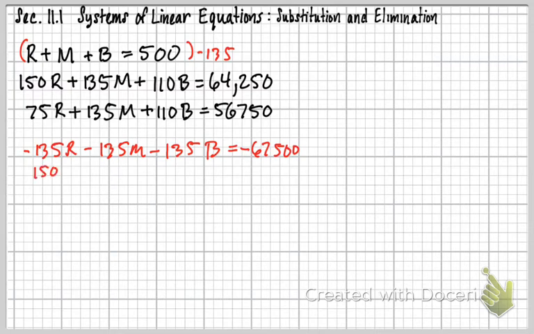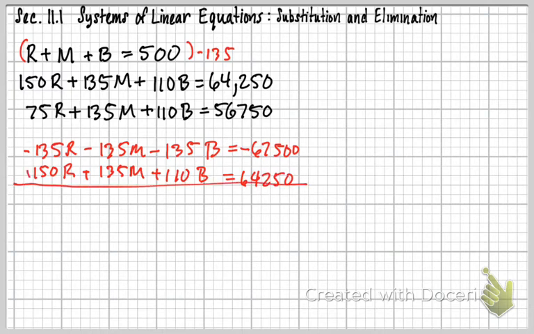So it's going to be 150R plus 135M plus 110B, and that's going to equal 64,250. And I'm just going to add those together. So then my M's go away, and I end up with